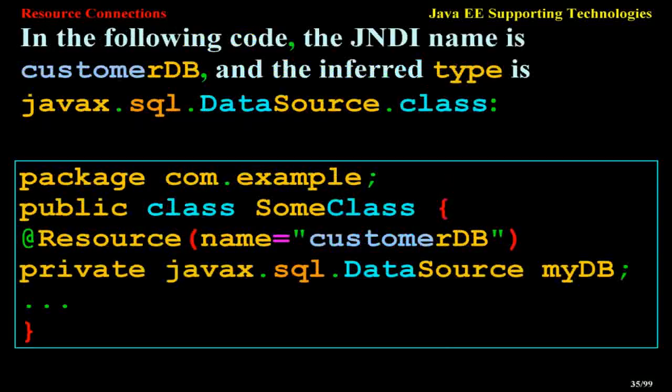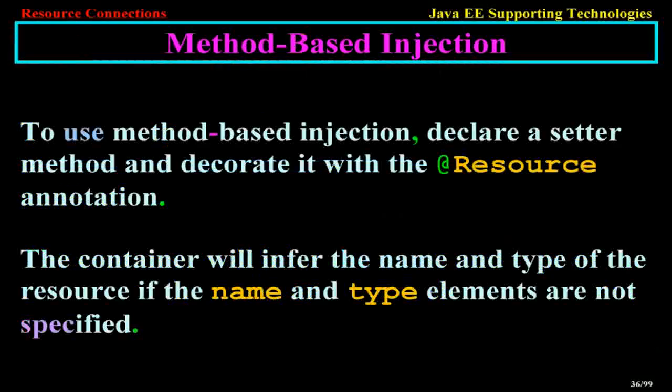In the following code, the JNDI name is customerDB, and the inferred type is javax.sql.DataSource class. package com.example; public class SomeClass { @Resource(name="customerDB") private javax.sql.DataSource myDB; }